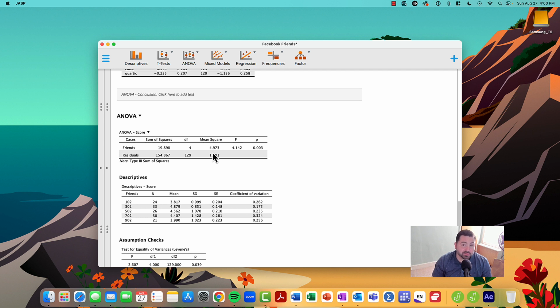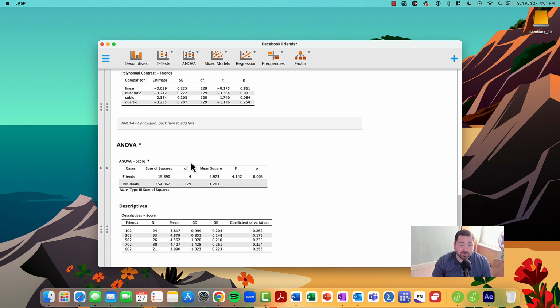Similarly, for the sum of squares within, or the residuals, or the error, that which is not explained by the independent variable, we have 154.867, divided by its degrees of freedom, which, remember, the denominator is determined by taking n, total sample size, minus k, number of predictors. And so if you took the total sample and minused it by 5 levels of those independent variable levels, you would get 129 as degrees of freedom. If you took the sum of squares for the residuals and you divided it by its degrees of freedom, you would get the mean square of